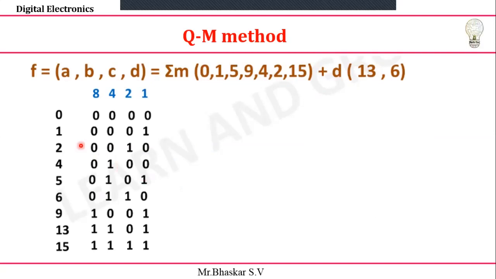Let's see that. So here it is 0 to 15. I'm going to take the decimal numbers and write the respective binary numbers here. Also, I'm going to include 13 and 6 as don't care conditions. Next, we look for grouping and matched pairs. Grouping totally depends upon the number of ones. We already know that. Let's move on to that.